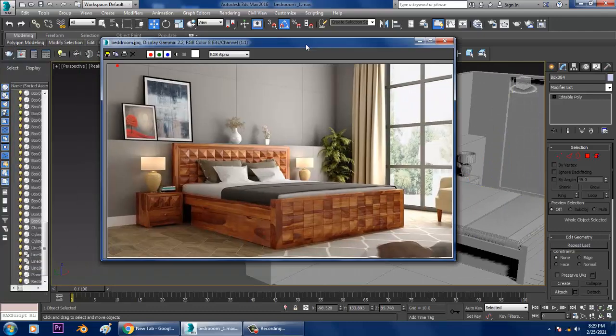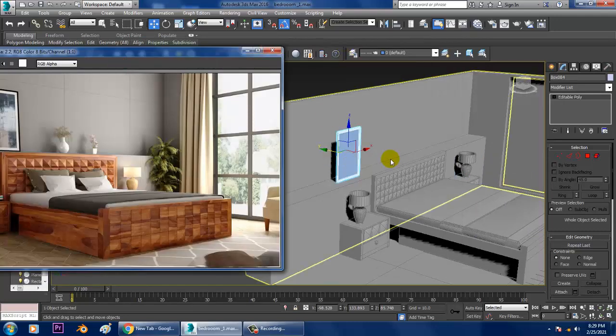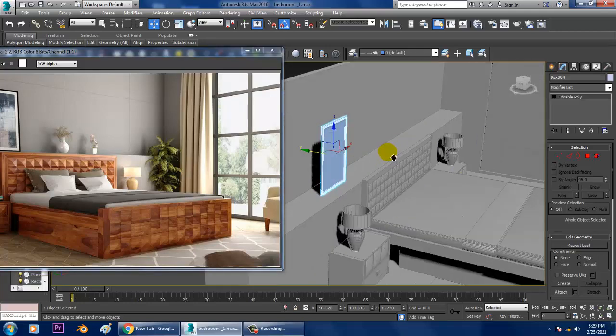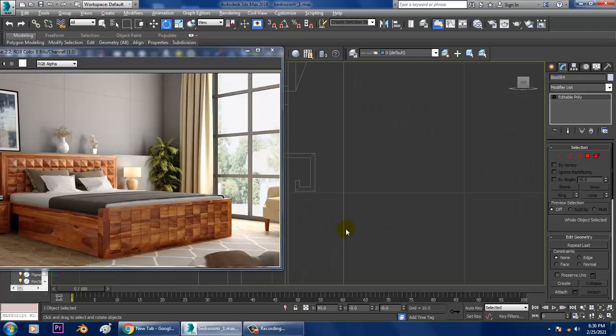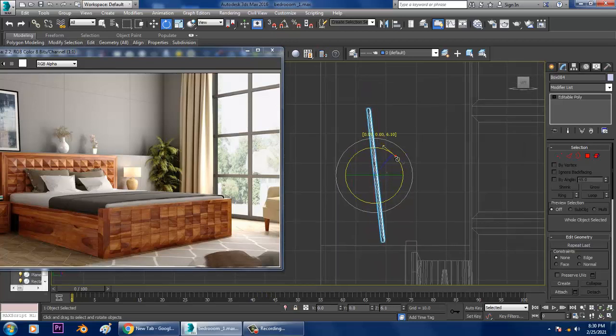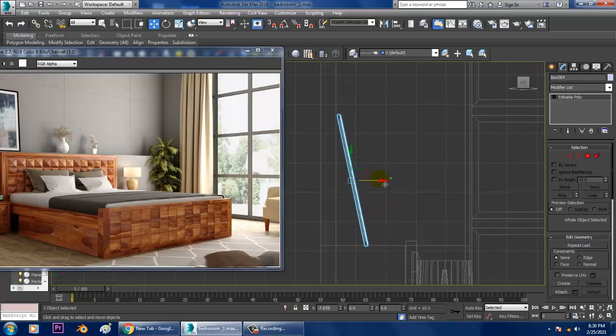We can just place it. Slightly rotate it. We can go into this side view and slightly rotate it.